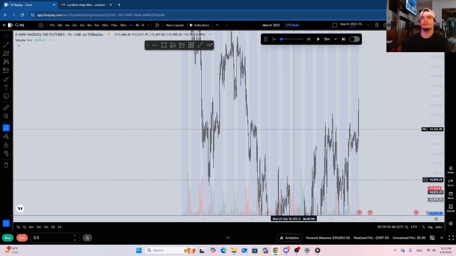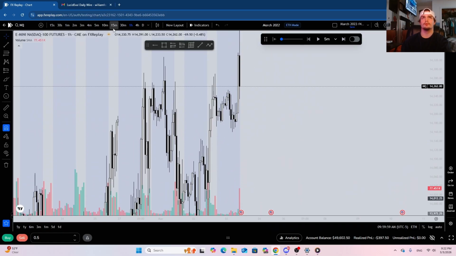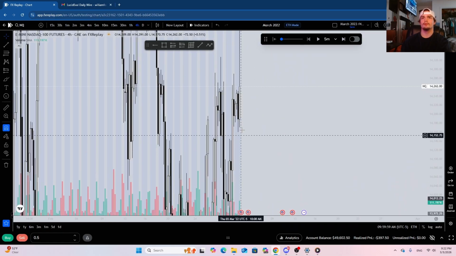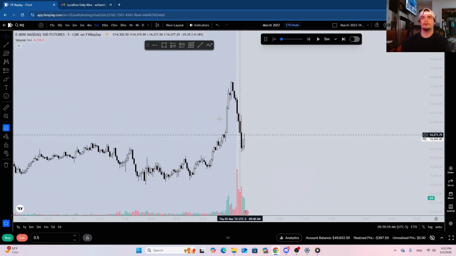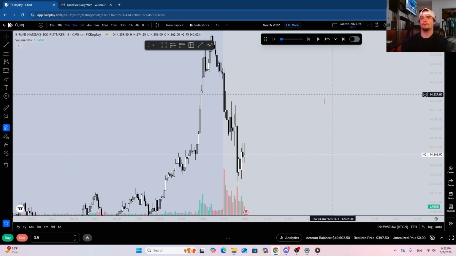Let's see how this 1 hour is forming. So I do like that this is forming bearish. We have session lows that are also above this 1 hour. However, we did already retrace in this 4 hour, so it's a bit tricky. Let's just see what happens here. Let's go down the 1 minute time frame. At this point, news has already come out.